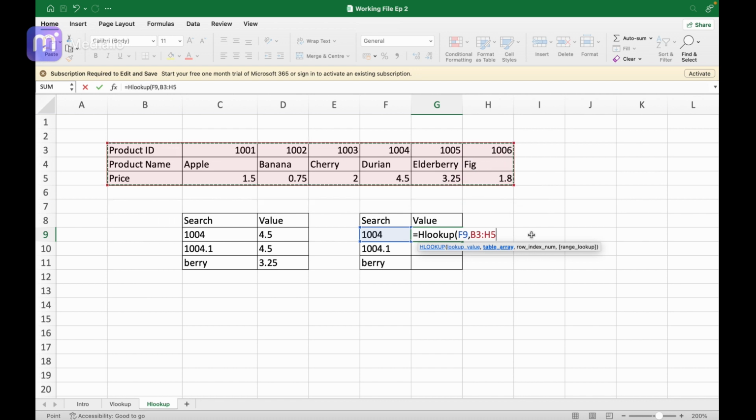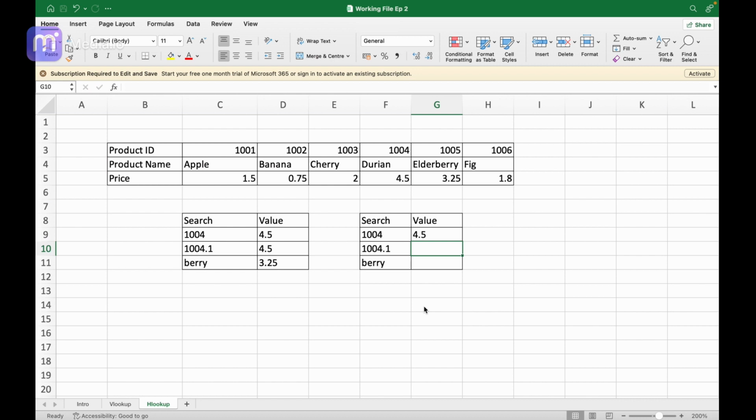You can see here row index number is written, not column index number, because now I have to apply for rows, not for columns. Okay, so for price my row index number will be 3, and then I want to do an exact lookup over here.